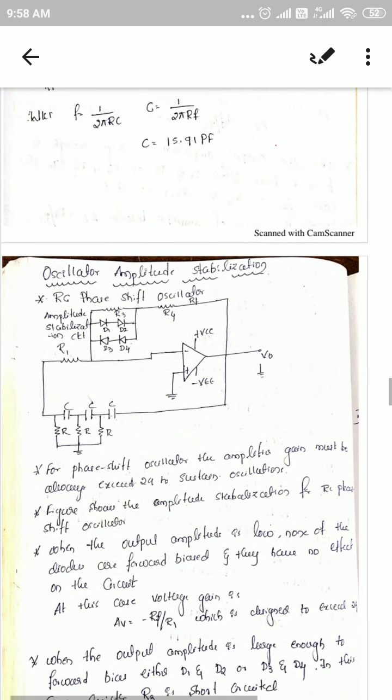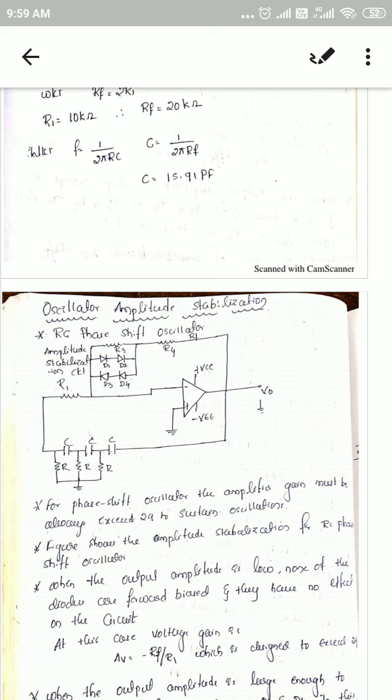This is how, in this type of problem, you may get questions on the Wien bridge oscillatory circuits. The next concept is oscillator amplitude stabilization. What is it, and why is it necessary to stabilize the amplitude of oscillators? As the name itself says, it's an oscillatory circuit, so the output will be oscillating. It is not going to a constant value. Sometimes the amplitude will be more, sometimes less. If you apply the output without stabilizing the amplitude to any other circuit, then the circuit operation will be hampered.